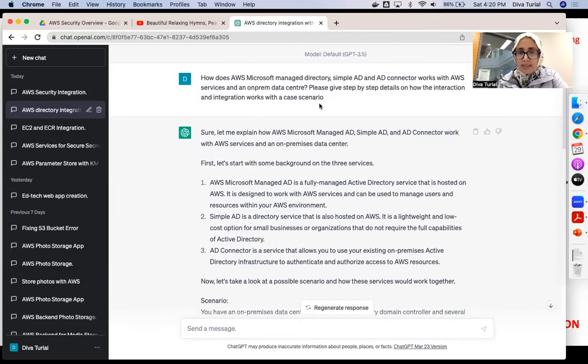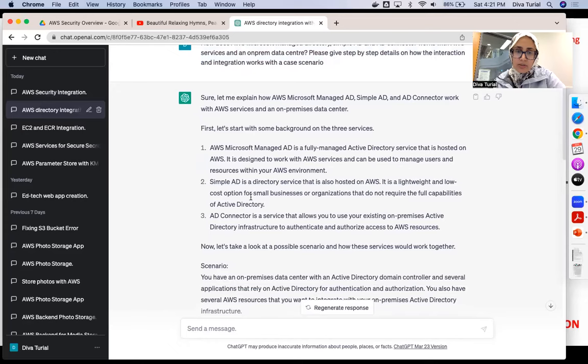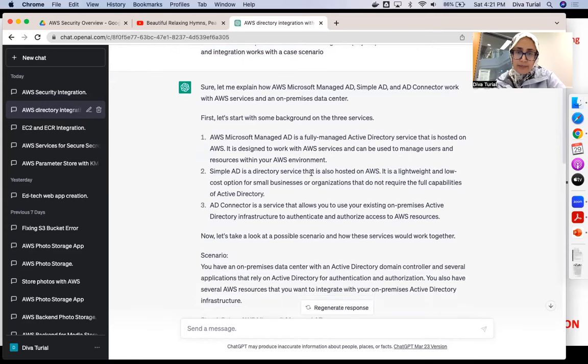For example, I gave this question: how do AWS Managed Microsoft AD, Simple AD, and AD Connector work with AWS services and an on-prem data center? Please give step-by-step details on how the interaction and integration works with a case scenario. It's better to say with a case scenario because they give you an example and it's much easier to understand. So first, they told me what those 3 services actually are.